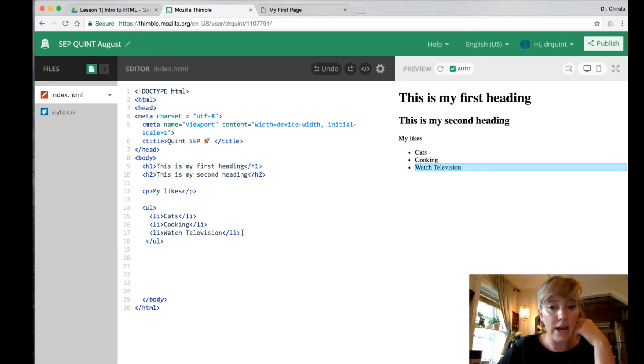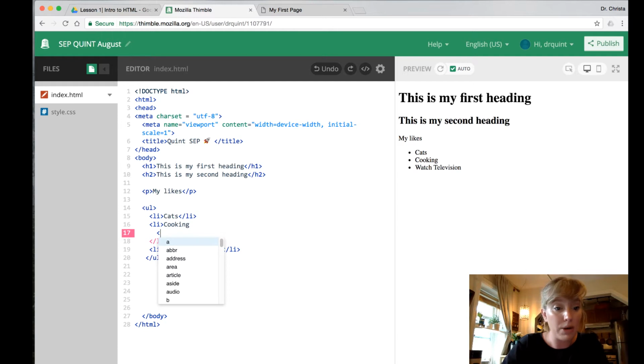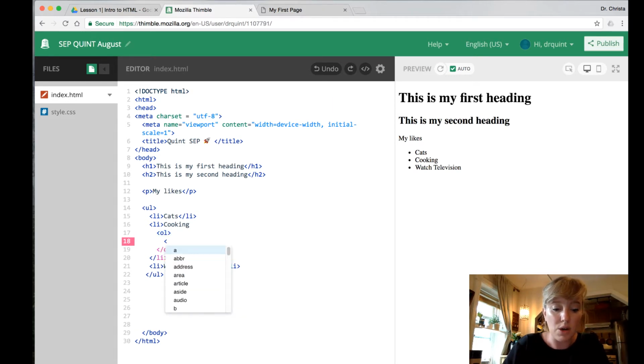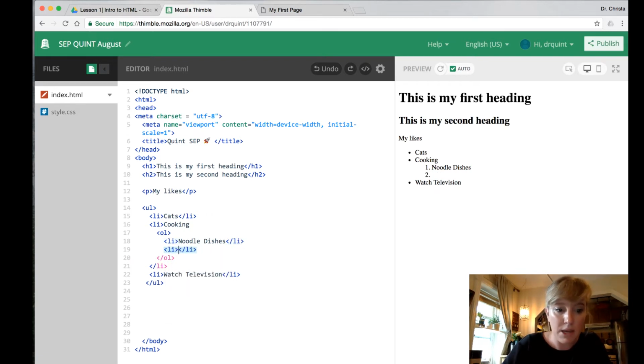Now, let's say that I want to identify different things that I like to cook. So here, within this list item, before I close it, at a level 2 tab, I can say I want to start an ordered list, OL. Now, I want to put a list item in the ordered list. Now watch what happens here. So list item here becomes a number, okay? I like to cook noodle dishes, okay? And let's say I start another list item, okay? I like to bake bread,